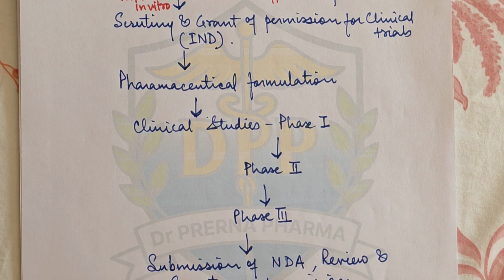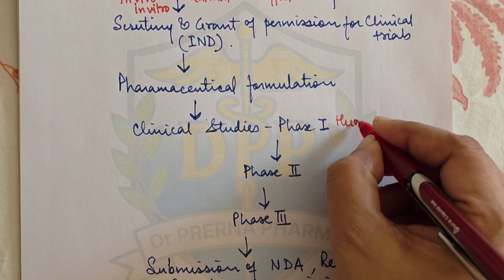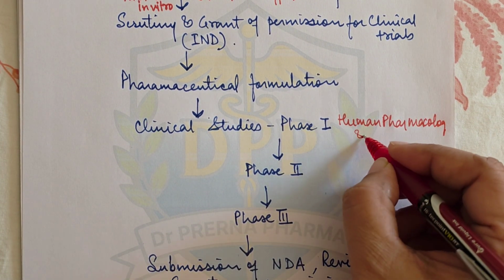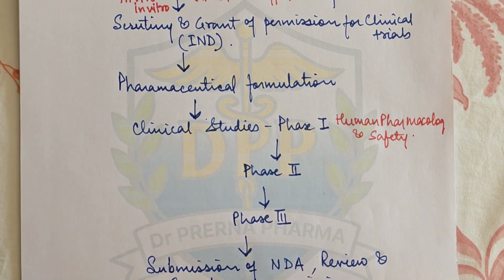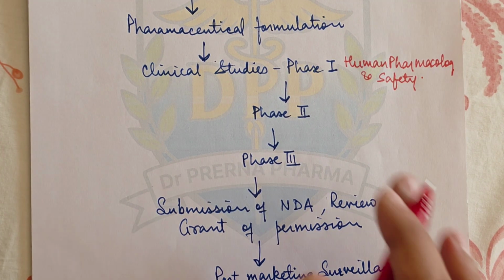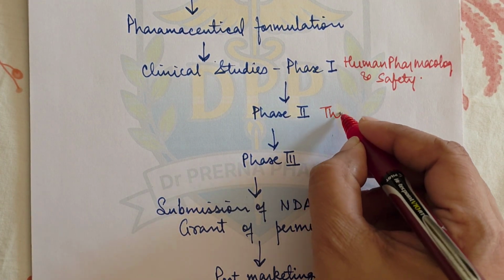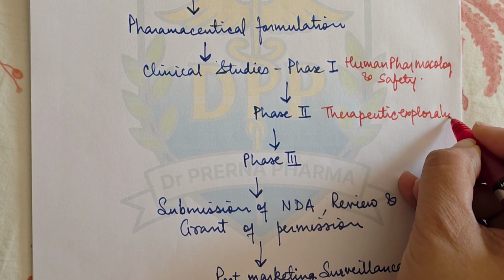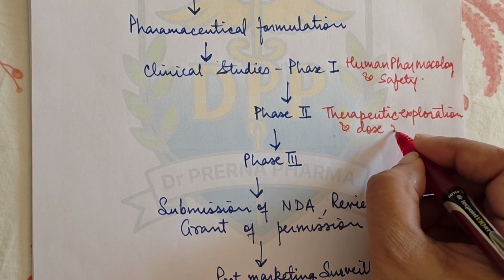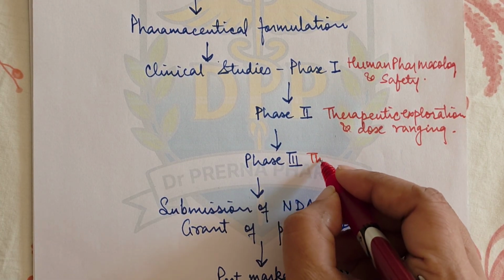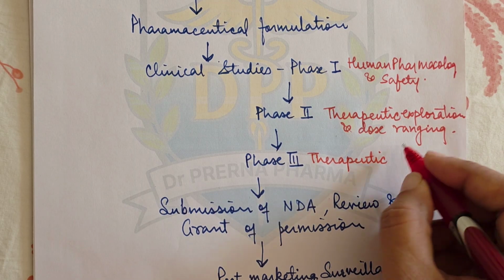So the first step is phase 1 study. Phase 1 is also called human pharmacology and safety study, right? Then after that we'll discuss in detail. Then phase 2 study is called therapeutic exploration and dose ranging. This is the phase 2 study. After phase 2 study we do the phase 3, which is called therapeutic confirmation